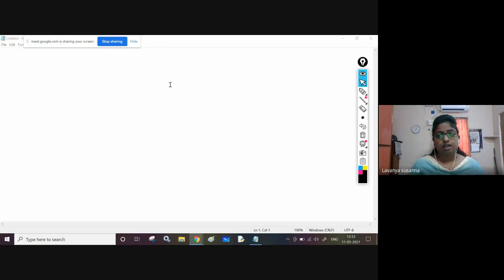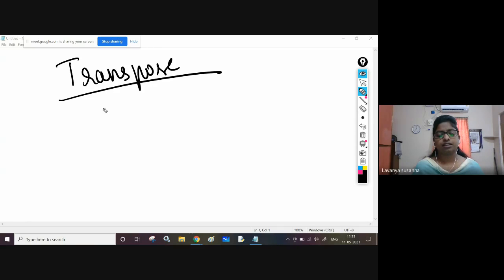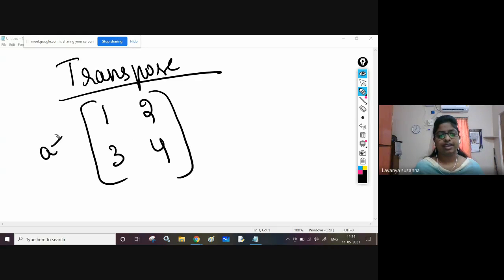Transpose. Now, if you want to find transpose of a matrix, transpose is nothing but, see, 1, 2, 3, 4. A transpose means rows and columns will be exchanged.